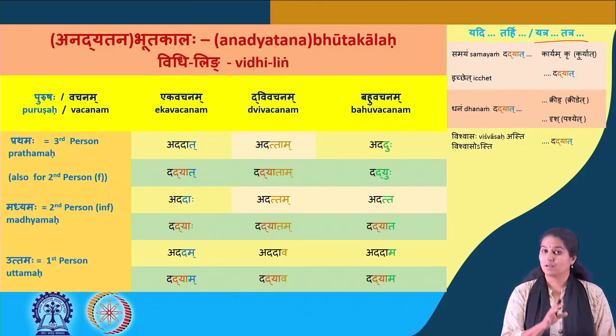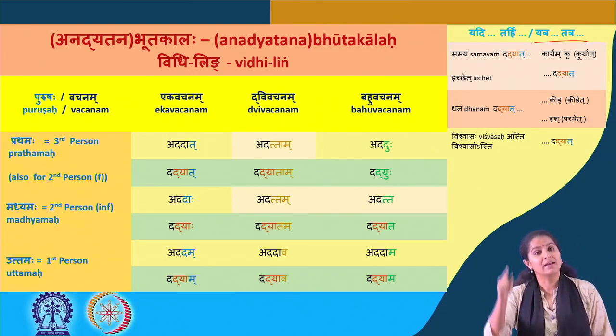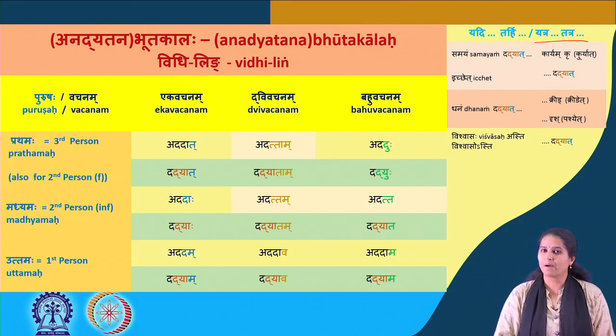Uttamam. Now where he will give money, there he may play. For example, in clubs, where you're paying some money, there you would play. So yatra dhanam dadyat, tatra kridet. Uttamam. Next, where I give money, there I may see a movie. Yatra dhanam dadyam, tatra chalana chitram pashyeyam. Uttamam. And wherever you have confidence, there you should give money or your time, etc.